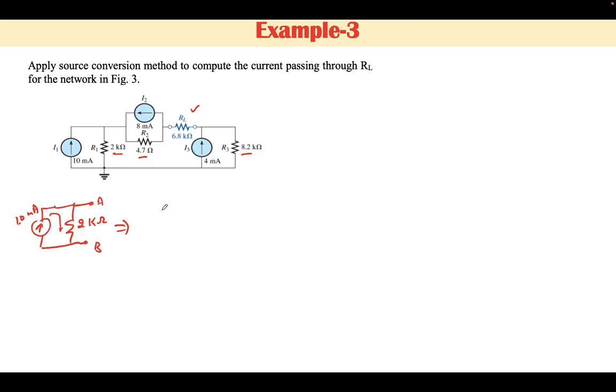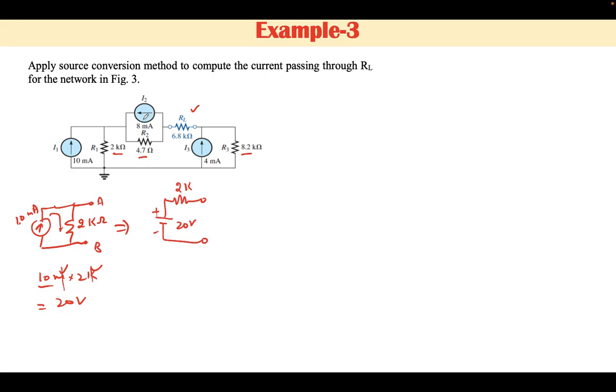It will be 20 volt, and hence a resistance, and then this source can be represented as equivalent to 20 volt, because 10 milli into 2k, milli and k will be cancelled out, and hence it will be 20 volt. The source magnitude is 20 volt because the current was flowing upward, and it is taken plus and minus accordingly. This will be 2k. Even the internal resistance is never going to be changed while we are converting the source.